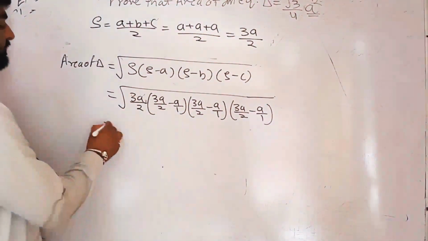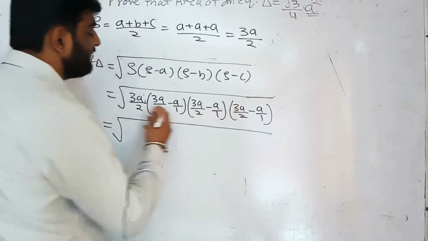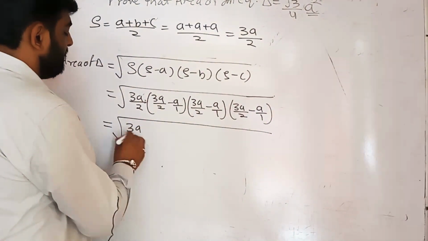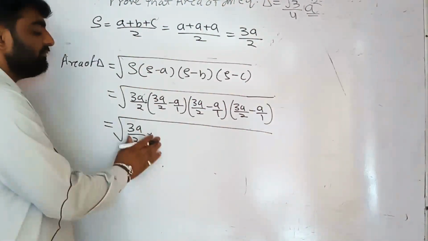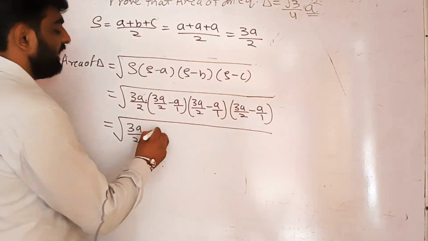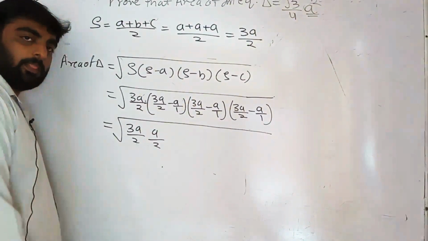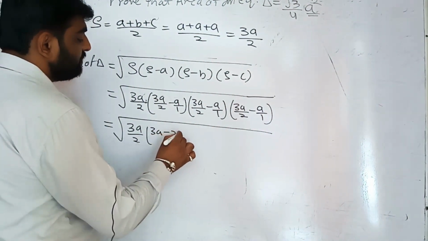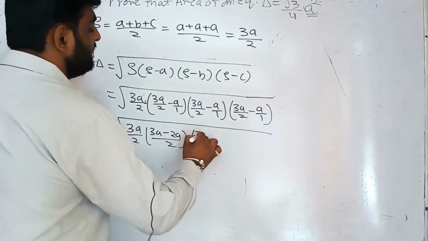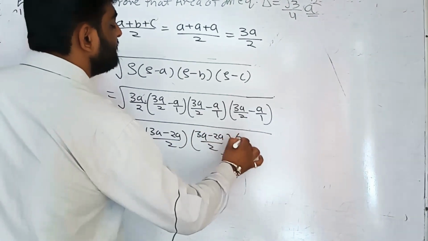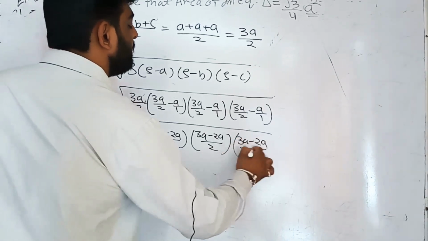So we have to solve it out and get the value of this, that is 3 upon A into... If we solve it out, 3A minus A upon 2, we get A upon 2. How are we getting A upon 2? Because 3A is there, minus 2A upon 2, that is the LCM.